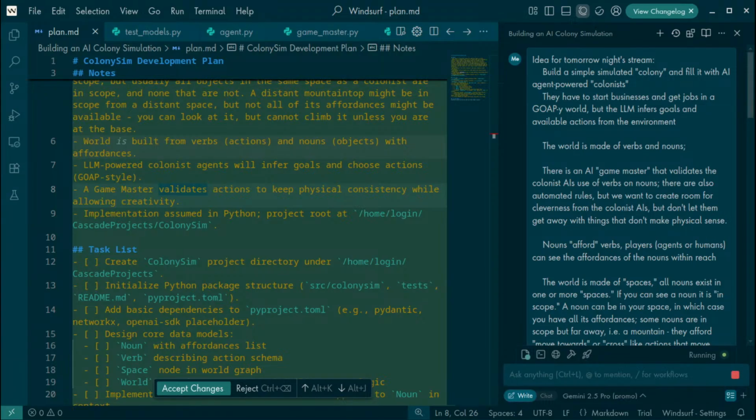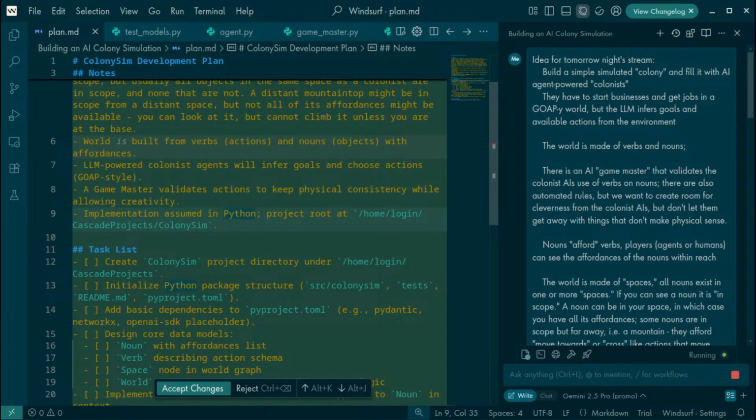Like, say you want to open a door, and the door is coded so that you need to be standing next to it to open it, and a colonist says, oh, well, I have a stick. I want to open the door with the stick from a distance. The game master can say, okay, it's coded so that you need to be standing next to it, but what you said about using a stick to open it from afar makes sense, so I can modify the rules so that that works, right?